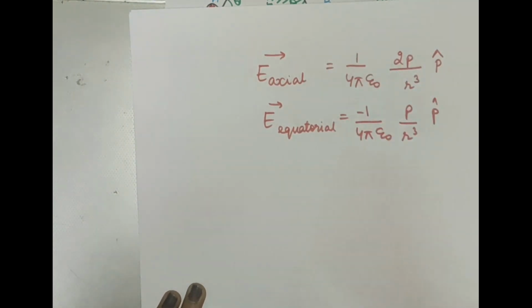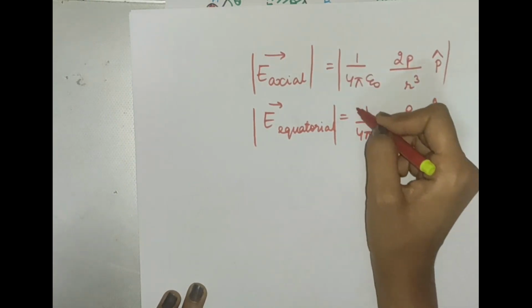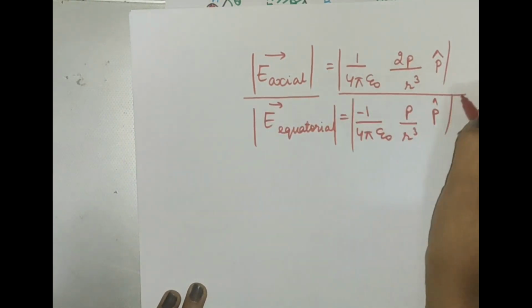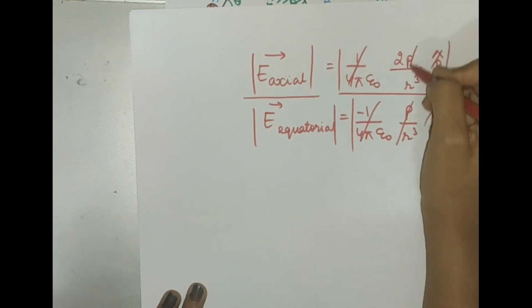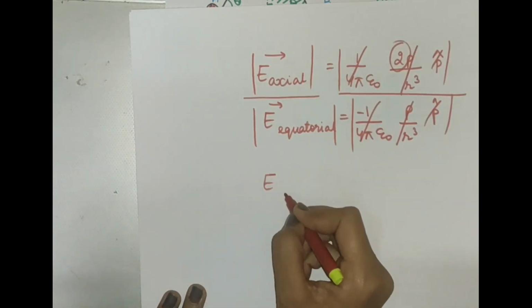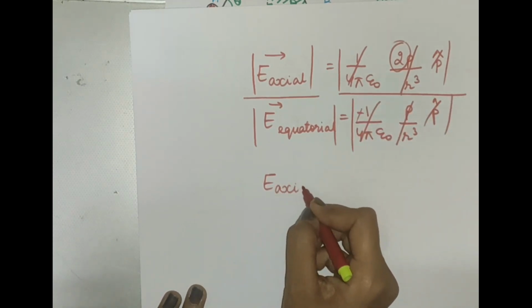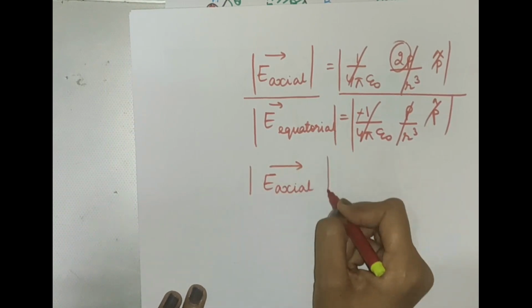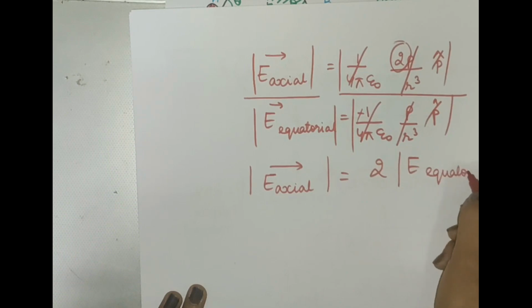If I am talking about their magnitudes, and if I divide both of them, this gets cancelled, this gets cancelled, this term gets cancelled. I'm only left with a factor of 2. So for E axial, I can neglect this minus sign because I'm taking a magnitude. If I talk about the magnitude, my E axial is twice the magnitude of my E equatorial. So a point